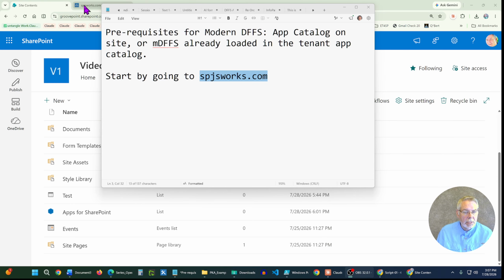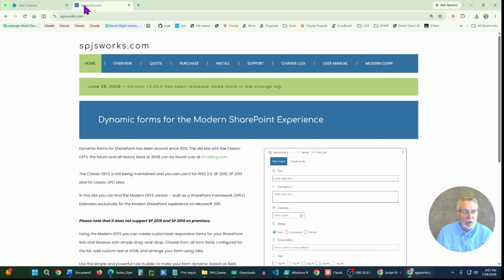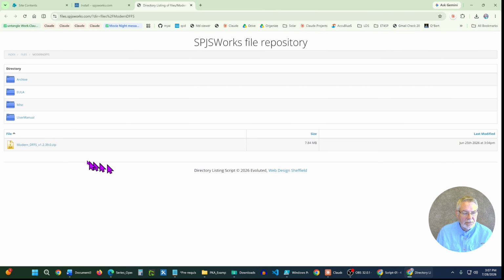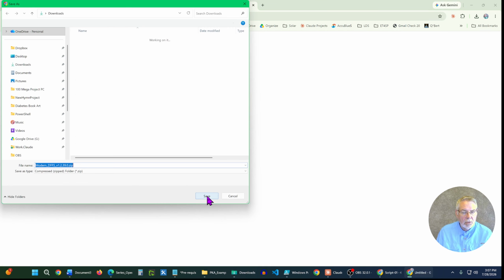We start by going to spjsworks.com and then choose Install at the top. This page is self-explanatory, so it's a very good idea to bookmark it in case you need to come back to see these instructions. Click Get Latest Version here. Download the zip file,